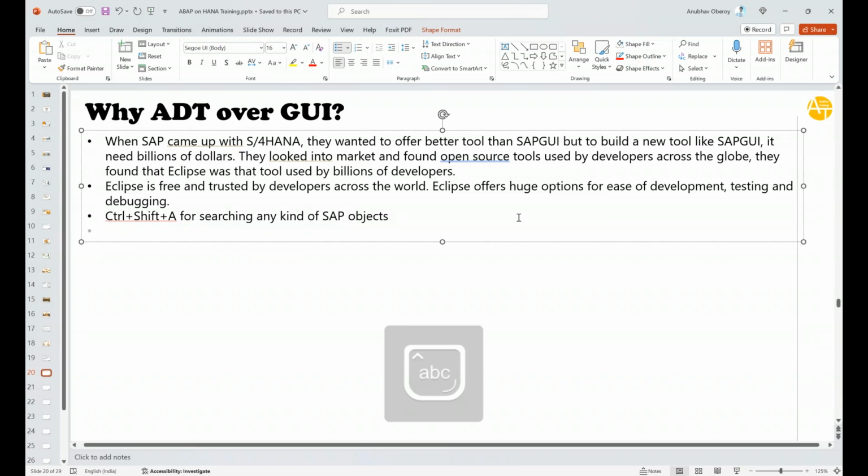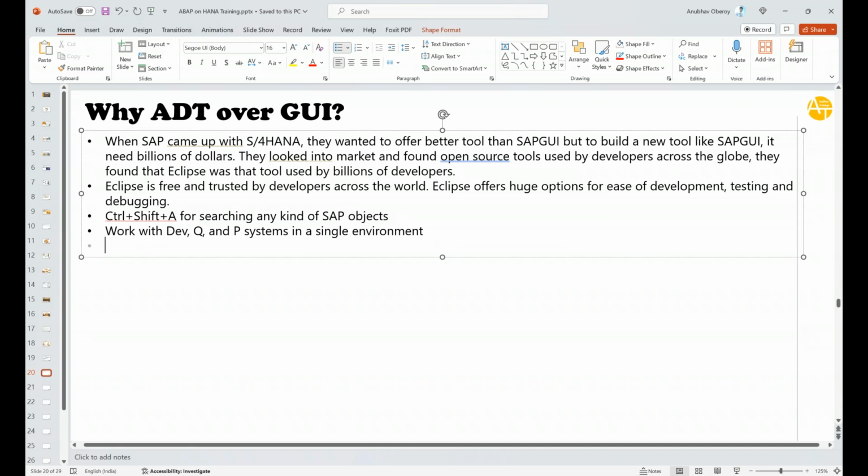What else? You can connect multiple systems together. So you can work with dev, Q, and P systems in a single environment. In a single development environment, you can work with multiple systems. It is seamlessly integrated